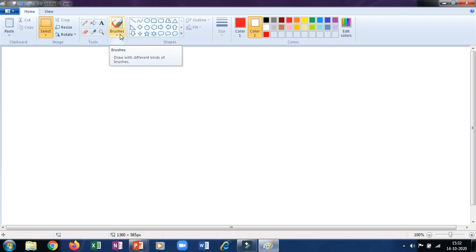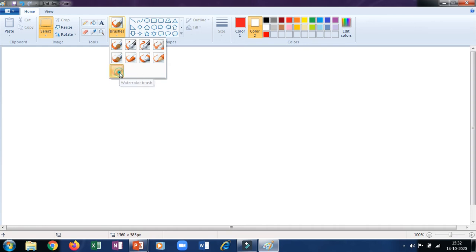Now let us go to the brushes. See, when you click on these brushes, there are 9 brushes. All the brushes work differently. Okay, just as you have different types of colors like crayon color, that is wax color, oil pastel color, watercolor, sketch pens, marker, pencil color, in the same way all the brushes will work. Okay, so let us go from here.